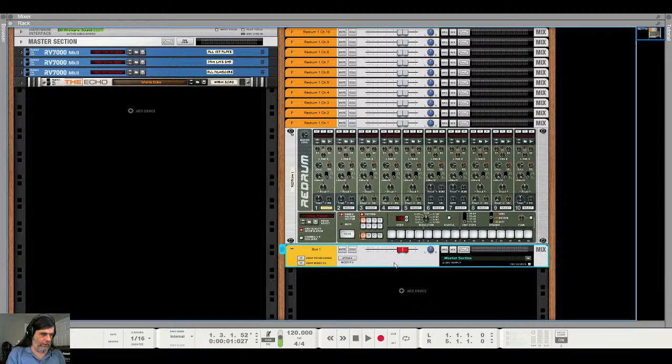And then ultimately those get routed through this channel, and we can affect the relative volume of all these channels with this, and the panning, and we can add any effects to the entire group in here, or we can just use the big mixer's effect sends to modify the audio coming out of this,